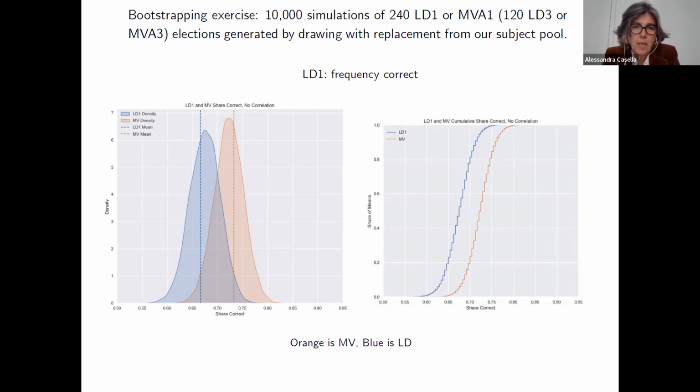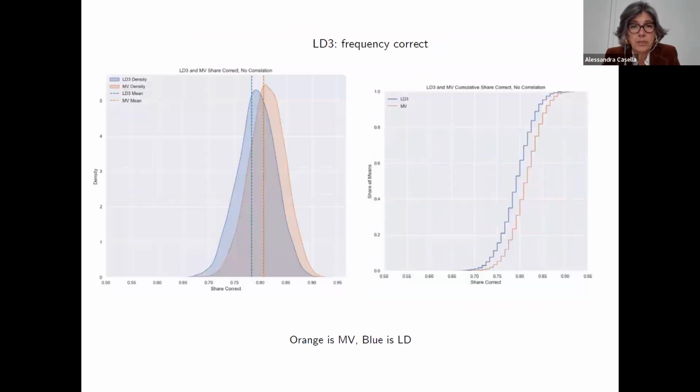So this is a measure that shows you how majority voting dominates liquid democracy in our results. If you look at the bigger group, the difference is less pronounced. And you see it in the two distributions that overlap much more. Of course, we are pushing everything up because with the larger group, the probability of correct decision is moving around 0.8. So there is much less room for variation.